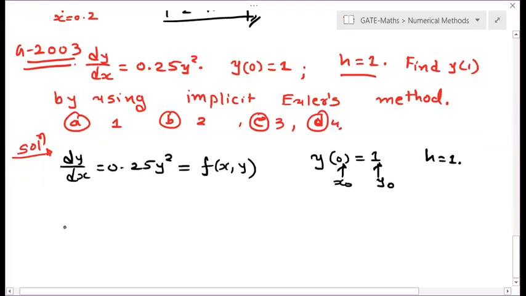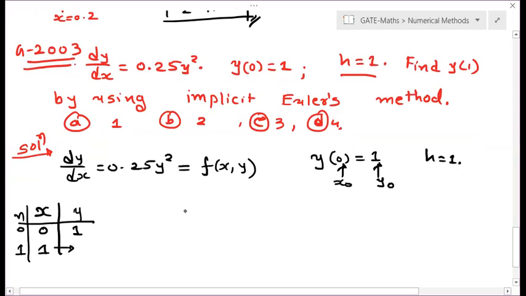Whenever you are getting this type of equation, just make this small table, because this small table will give you an idea from where to till point you have to begin. When you put x equal to 0, your y is 1, right? Your initial condition. That is your iteration number 0, the 0th iteration. Now your first iteration, your step size is 1, that you have to find.